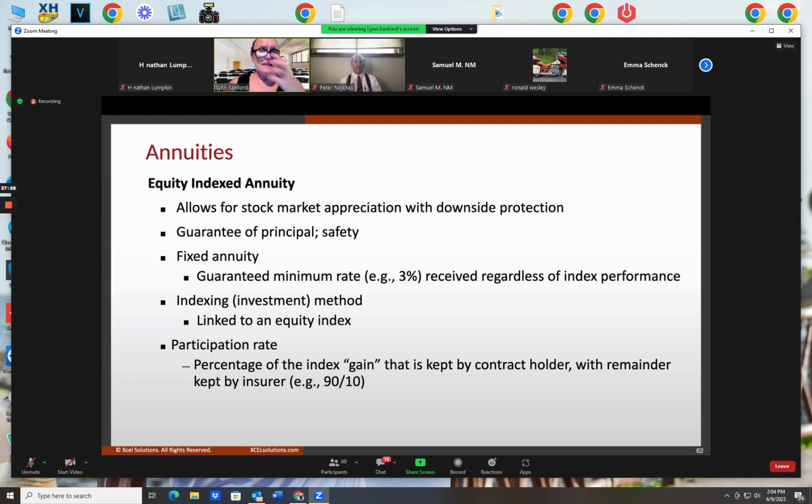Money for an index annuity also goes in the general account of the insurance company, and that becomes an asset of the insurance company, backed up by the assets of that insurance company. So it's a type of fixed annuity. An index annuity is a type of fixed annuity. That's why we dropped the name equity off its name.